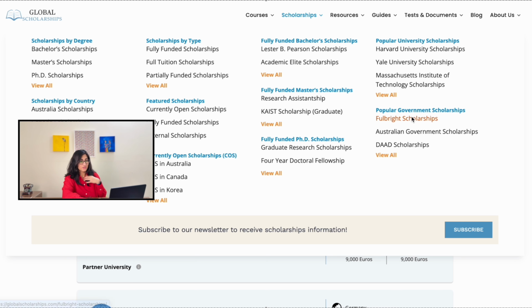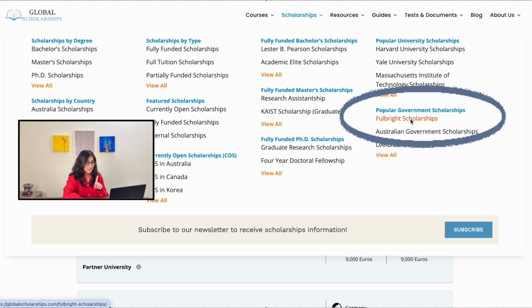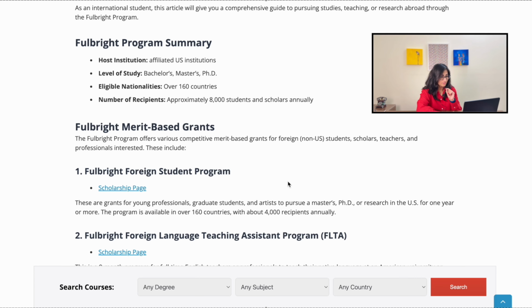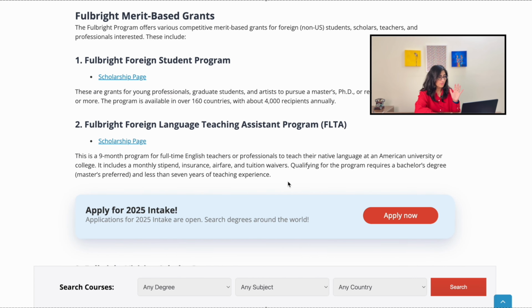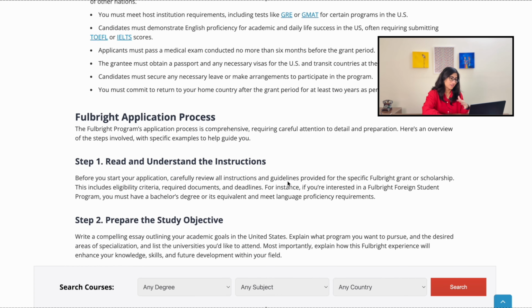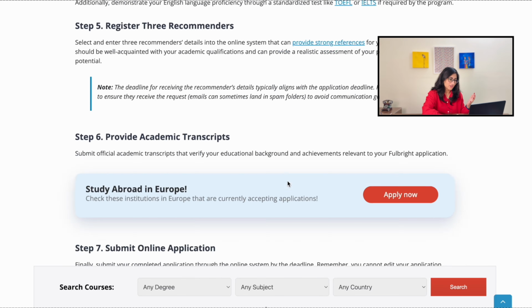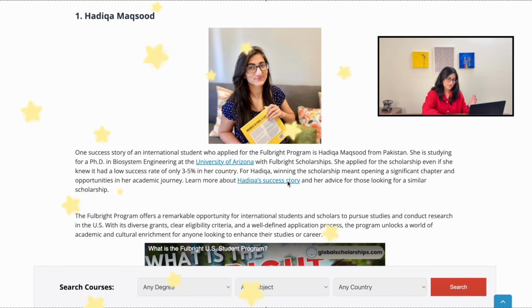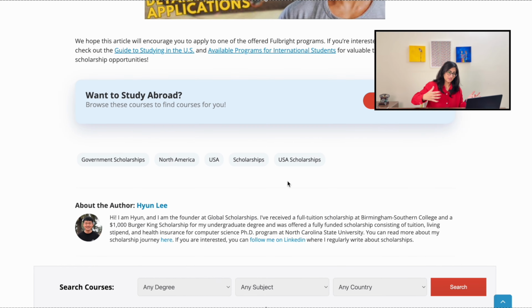I am a Fulbright scholar, so I'm going to go ahead and look at this option, which is a popular government scholarship. So let's click on the Fulbright, and you get this wholesome information on all the Fulbright programs. There are different programs under the umbrella of the Fulbright scholarship. So you get all of that information here with the eligibility criteria and the whole application process. And here you can see that I have been featured on this website where I've talked about my own experience